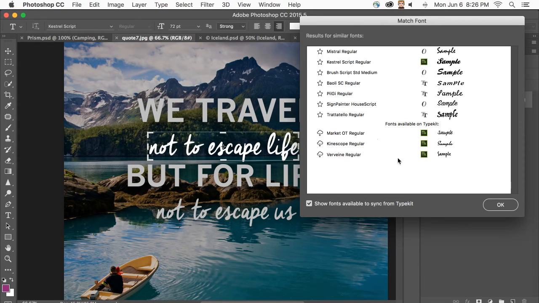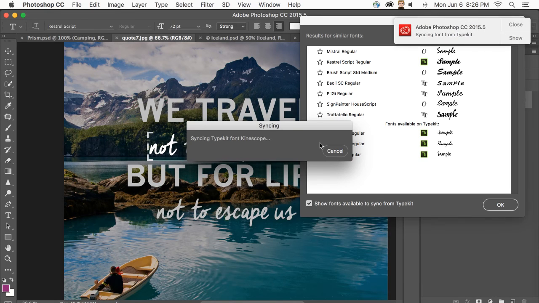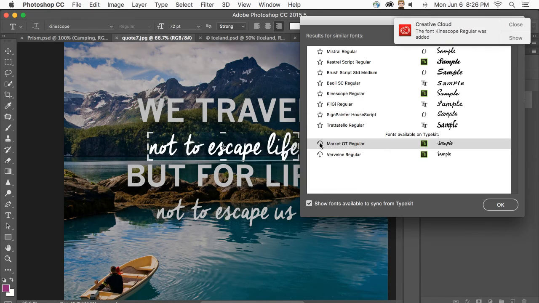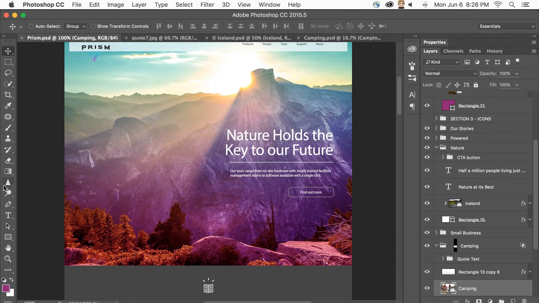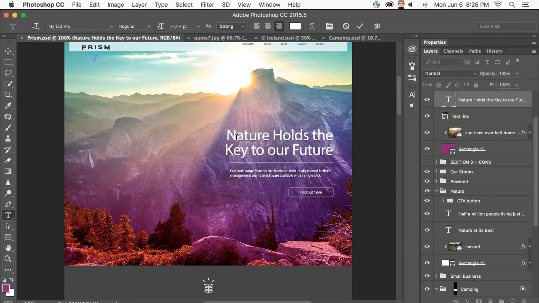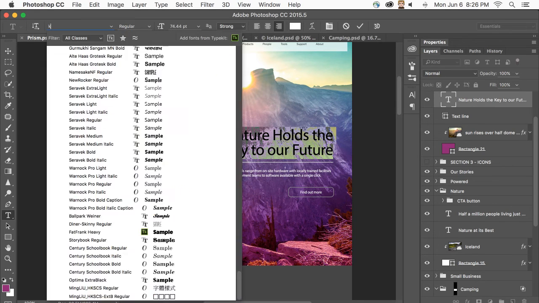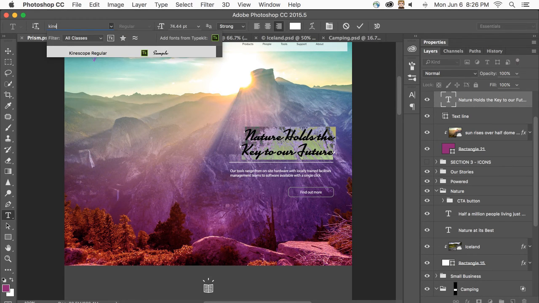Just kidding, that's a joke. But you can see all my fonts that are available on my desktop and the ones that are available on Typekit. So I can say, hey, you know what, Kinescope is really cool. Yeah, let's go with Kinescope. Selecting that, it's going to sync it directly. I didn't have to worry about going to my downloads. You'll never see my downloads folder, and I can use Kinescope. All I have to do is remember how to spell it, right? And that's the hardest part. For this text, type in K-N-E, Kinescope, regular, boom,